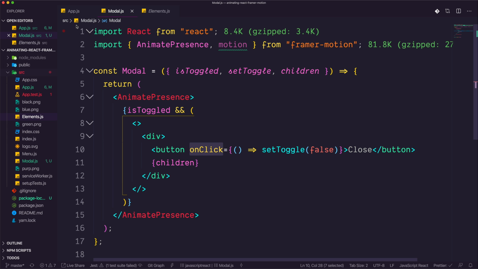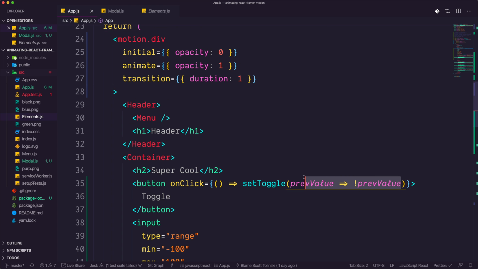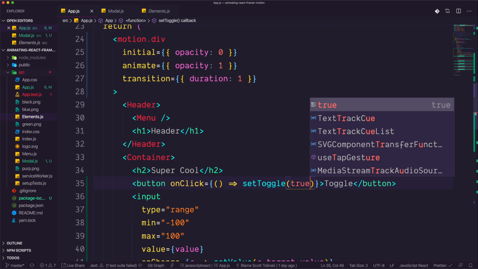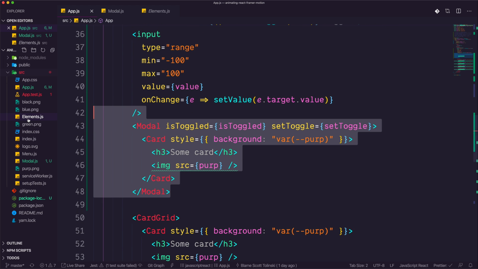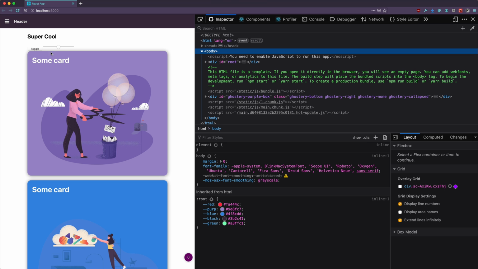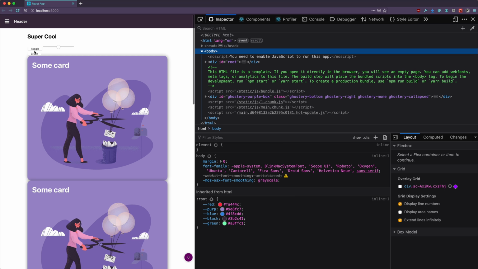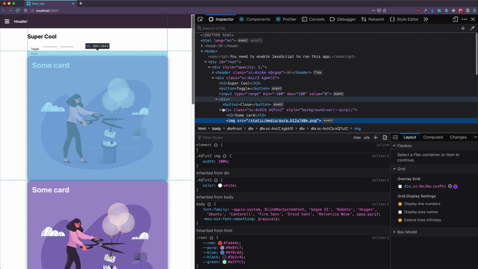I'm going to modify the other one, not because I don't want to debug this, but because it honestly makes more sense to just set the toggle to true here, because this is a toggle on rather than a toggle. Okay, so we're going to set this to true, and it's going to turn our modal on, and then we're going to click it again, and it's going to turn our modal off. Click it, and then if we have the close button, we can click the close button, and the close button should in fact be closing this, which is fun because it means that the other one was probably working fine